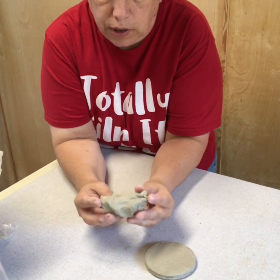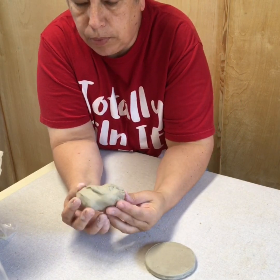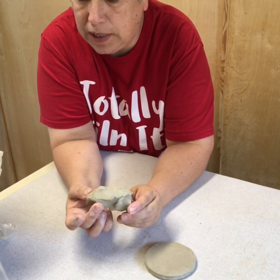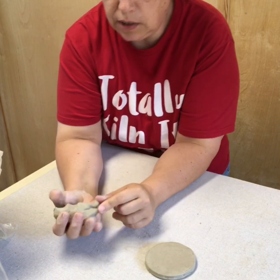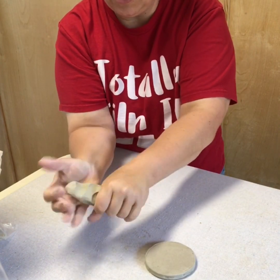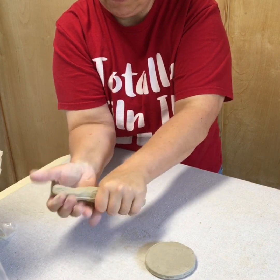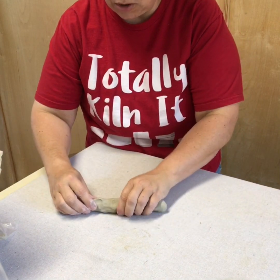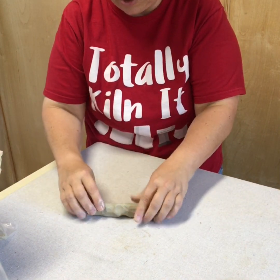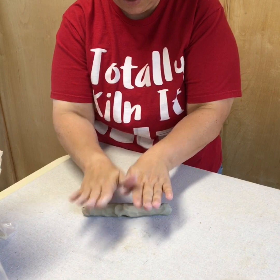I'm going to roll another coil for you and put it on my project. You will need to do this many times for this project. But again, I took out another hunk of clay. I'm making it into a hot dog. Hopefully you have enough room. Sometimes when you're crammed, or maybe at home if you're working in a small area, it gets hard to do this. But hot dog